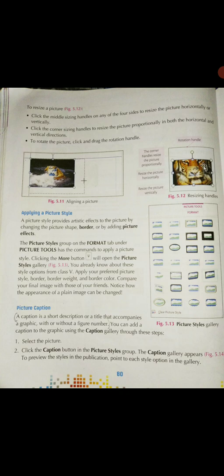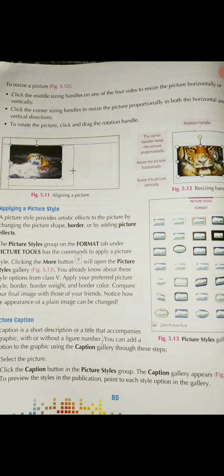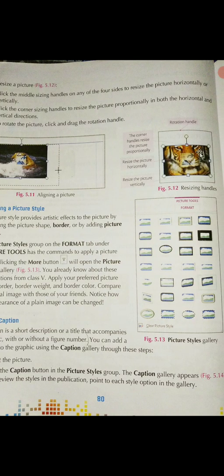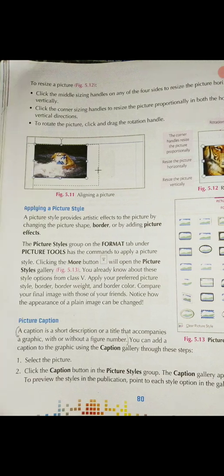Everyone take out your page number 80. In page number 80, you see the very first line, the top line of your book. You will see one dot, make it step 1 and write. Click the middle sizing handle on any one of 4 sides to resize the picture horizontally or vertically. Next line. Step 2.